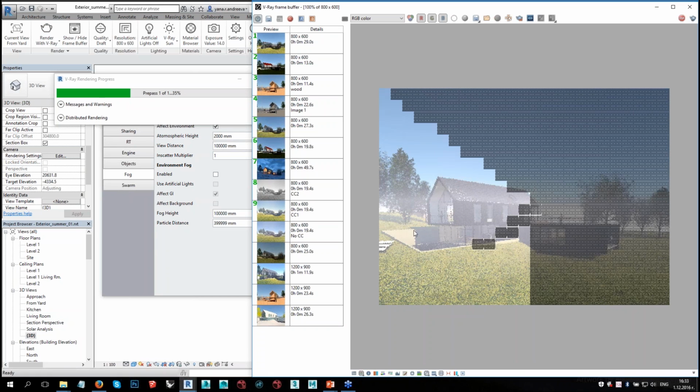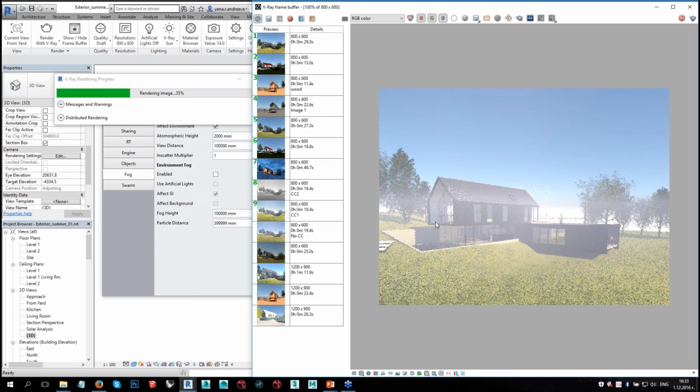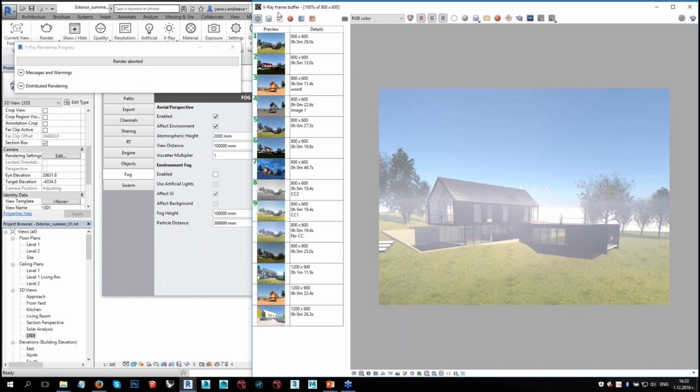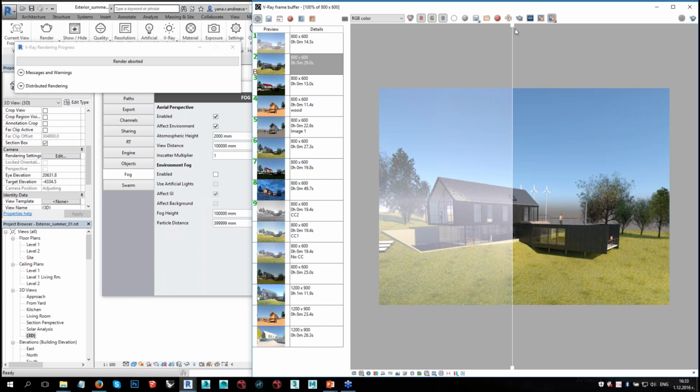So now you can see that I have here this fog effect, but I don't like it so much. It's too dense. So what I can do, of course, I can save it in here, so I can make a comparison